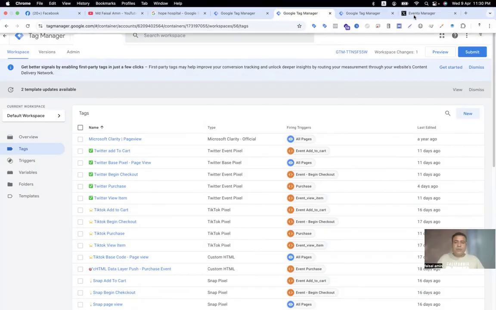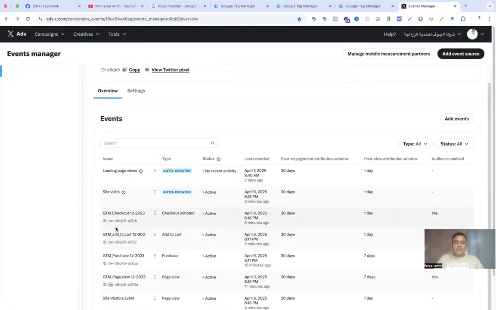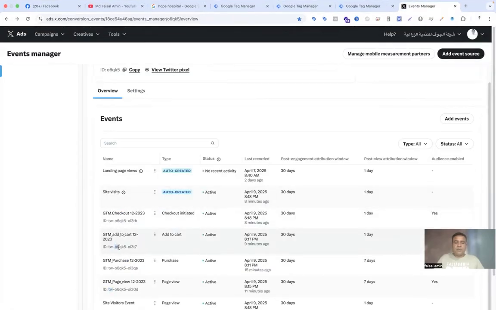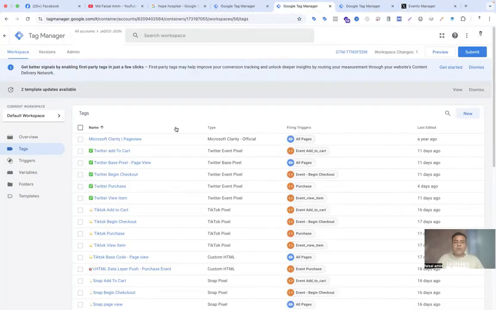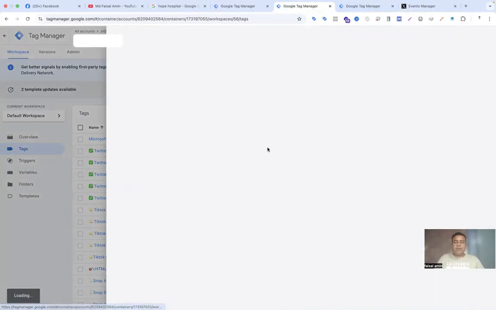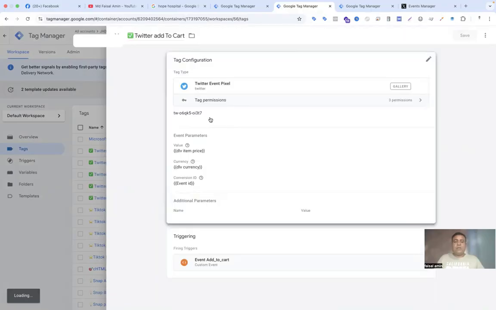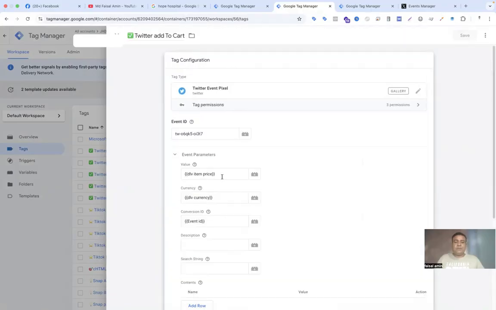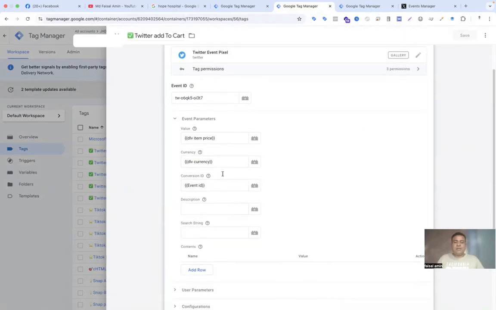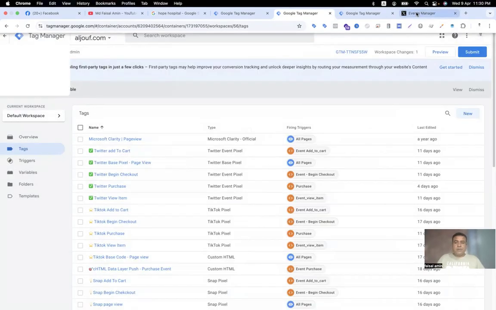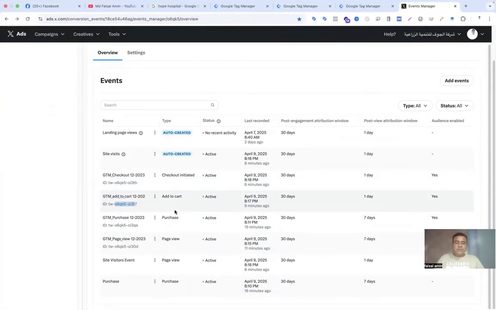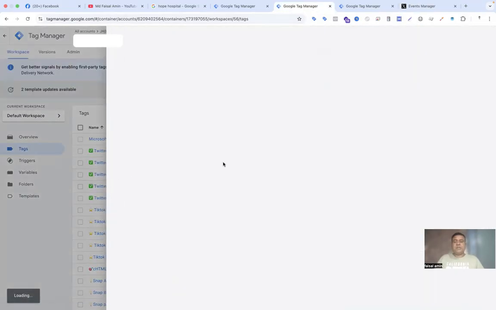And if I go to add to cart, then with the same process you have to copy the add to cart ID. And back in Google Tag Manager, if I open the Twitter add to cart tag, here you have to add the event ID as usual, item price, currency, and also triggering will be add to cart. And the same process for checkout, you copy the ID and open the begin checkout event